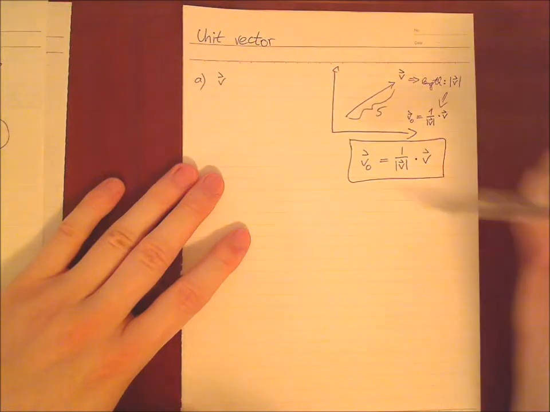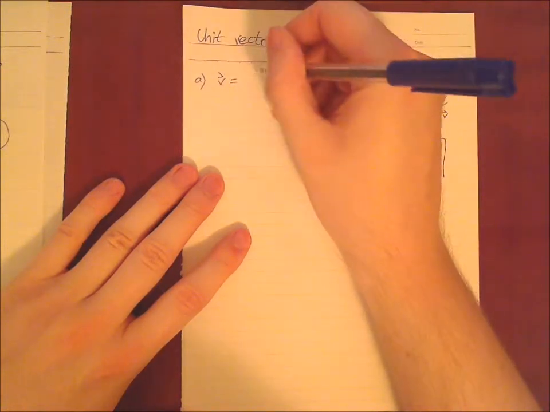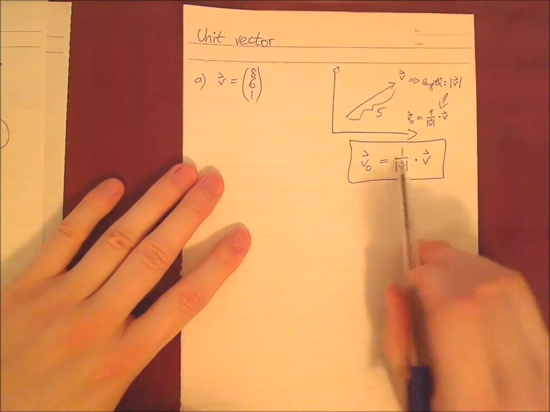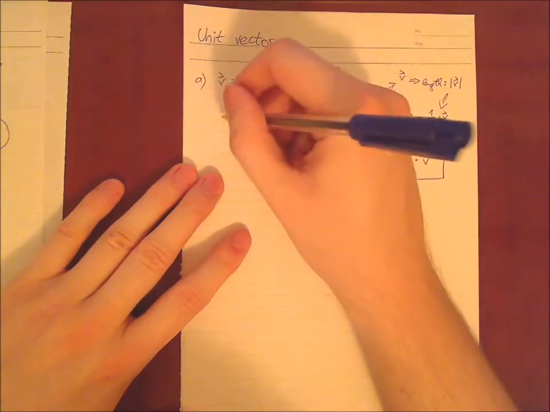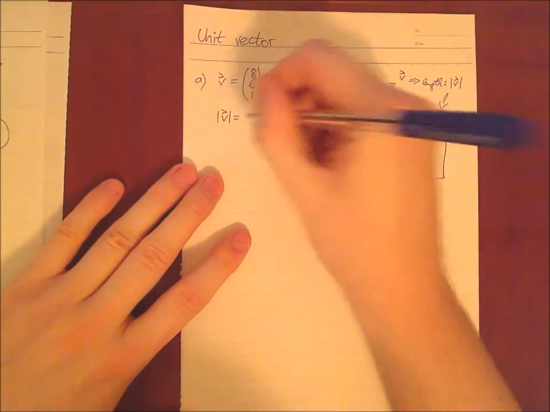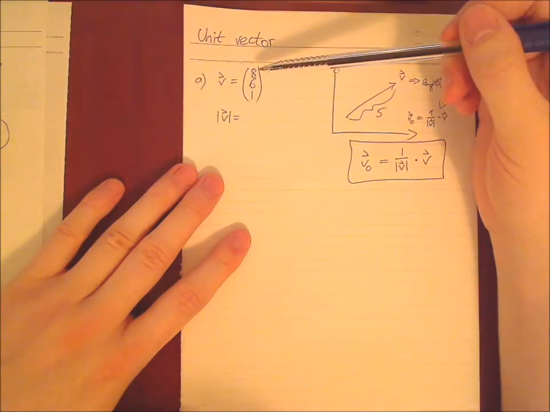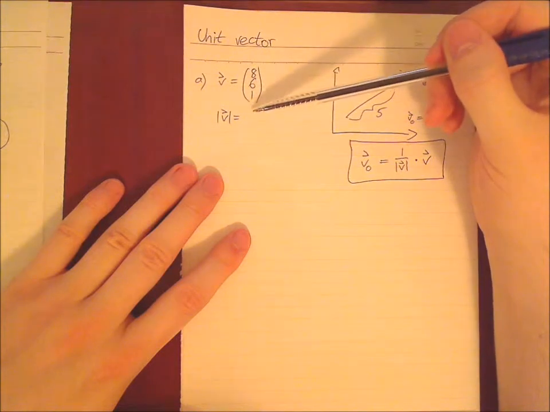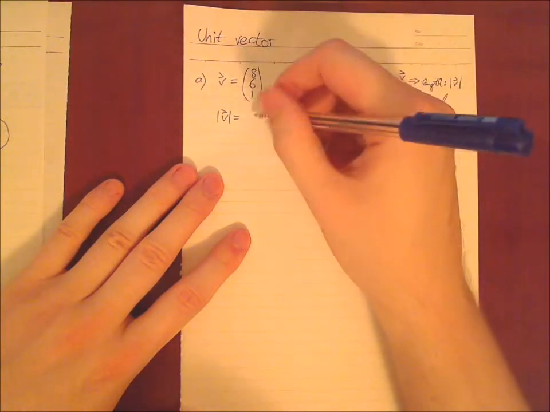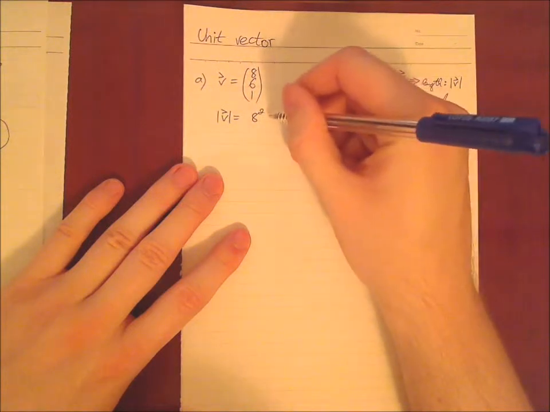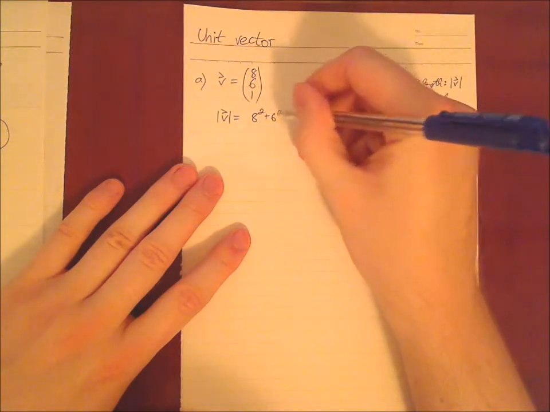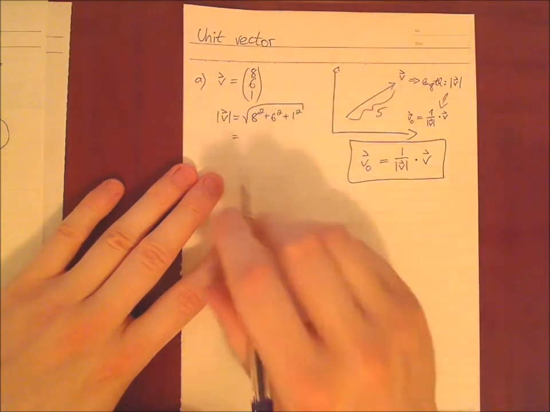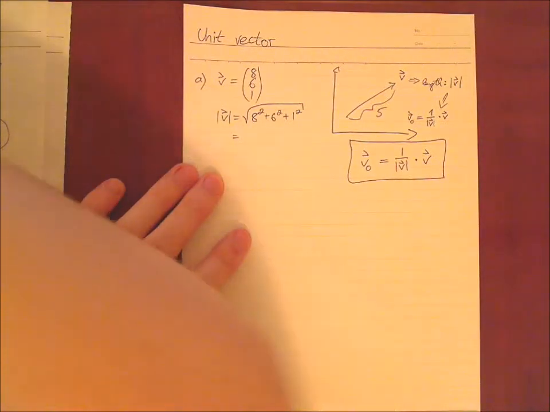So we just apply the formula to the example, which is (8, 6, 1). This is our vector. So first of all, we need to calculate this one, the amount. And the amount in this case is, we just add the elements, but not just the elements, but the squared elements, and take the square root. So it's 8 to the power of 2 plus 6 to the power of 2 plus 1 to the power of 2. And we take the square root out of it. This is maybe difficult to calculate. Although we could do it.